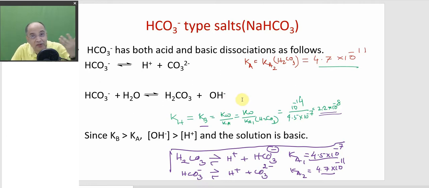That doesn't mean that H plus ion is totally zero, because Kw has to be maintained. There must be some residual H plus ion, but there will be little excess of OH minus ion. But most H plus and OH minus which would be produced by the two will disappear as water, and there will be some excess of OH minus over H plus ion that will render the solution alkaline. So what happens here? Now this, sodium bicarbonate, is a salt.